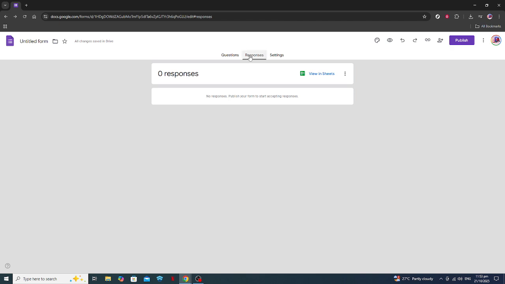Inside the Responses section, you'll first notice a summary of responses. This is where Google Forms showcases the compiled data in a visual format using graphs and charts. Reviewing this summary is a great starting point, as it allows you to get a quick overview of the responses. You can observe the trends and patterns in the answers, which can be especially useful if you're dealing with large